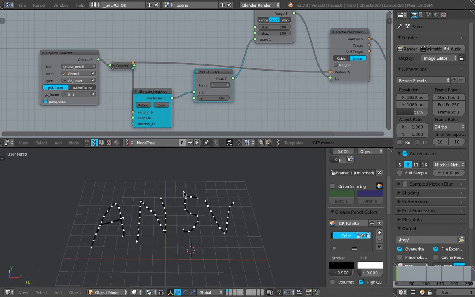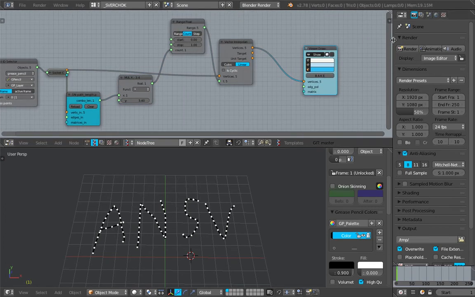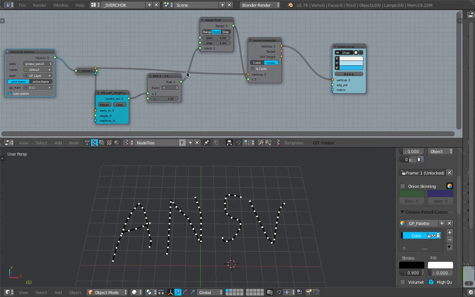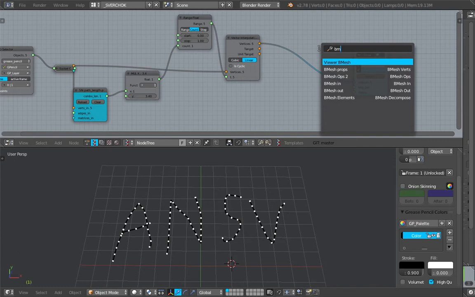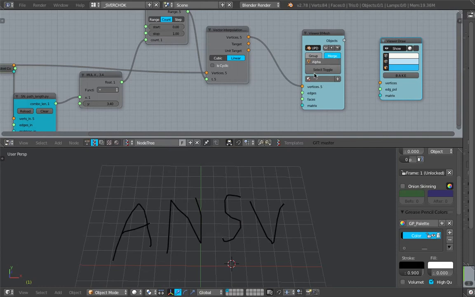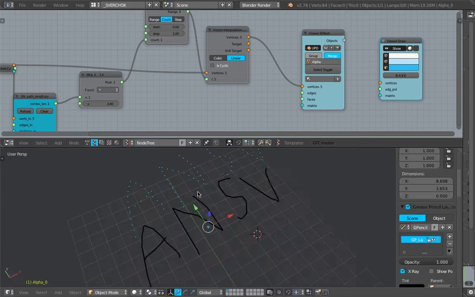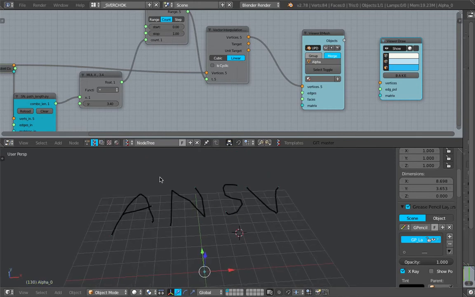Now let's instance some objects on this guy. Let's generate some boxes, but actually I'm not gonna do the boxes here. I'll do it inside Animation Nodes. So I'm just gonna output a viewer mesh, and I'm gonna merge it. So now what we have is these points, and by using the points we can simply spawn some objects inside Animation Nodes. So this is like generate, this is a grease pencil,